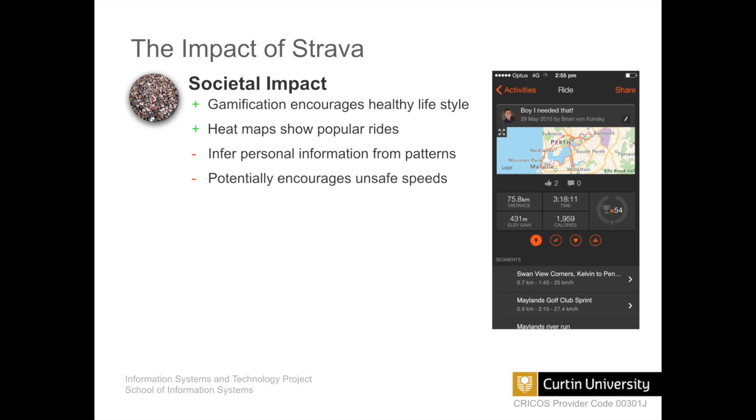The leaderboard can tempt riders to ride at unsafe speeds, including in crowded parks or places where cyclists should typically slow down. Strava mitigates this risk by enabling unsafe segments to be flagged and removed. Strava may entice some competitive athletes to push just too hard. You and your project team should consider strategies by which Strava might mitigate against this particular issue.